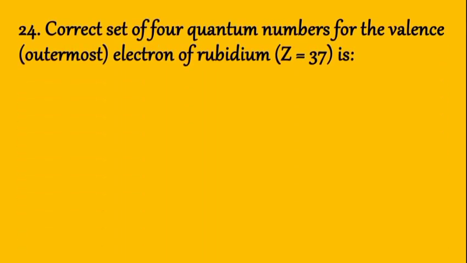Question 24. The correct set of 4 quantum numbers for the valence outermost electron of rubidium with atomic number 37 is